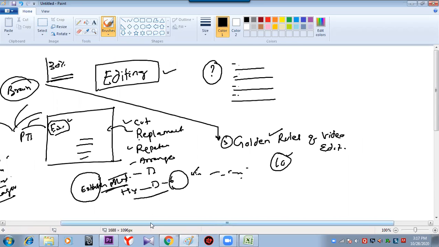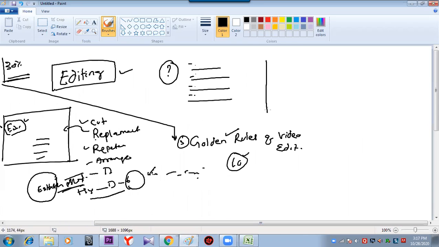Fine, so let us move into the filmmaking process. What do we do inside video editing? Video editing is majorly of two types: offline editing and online editing. Offline editing is software like Premiere and the like. The other type is online editing. Cricket live shows are online video editing.